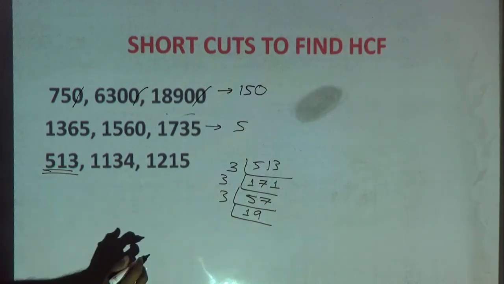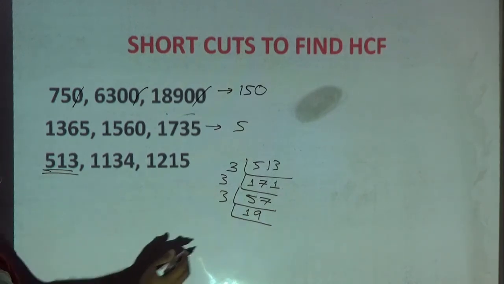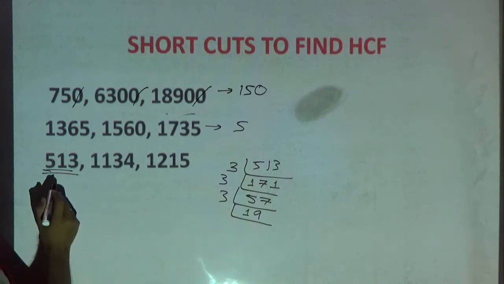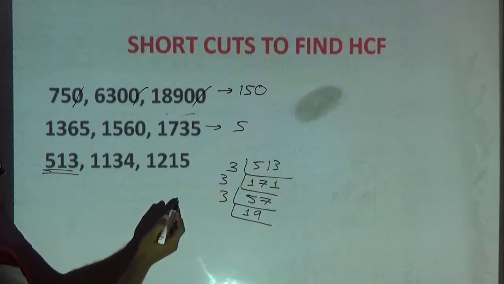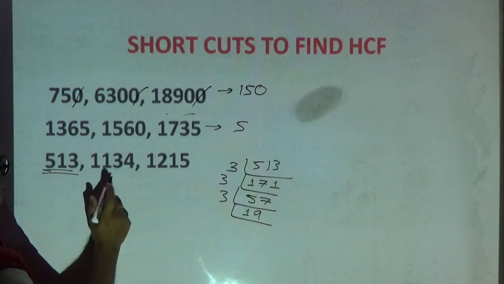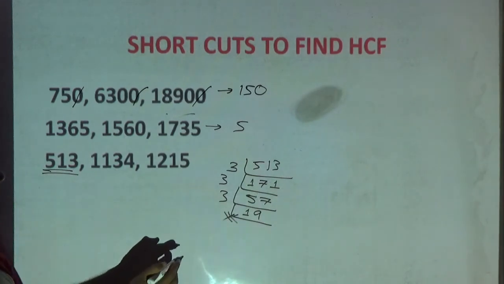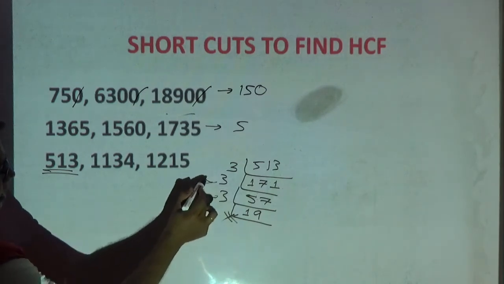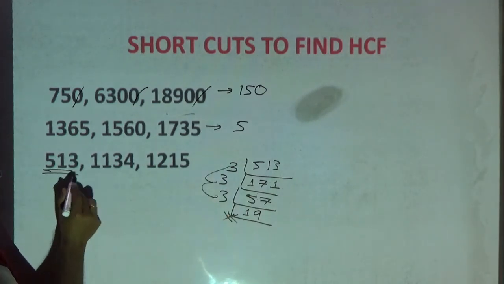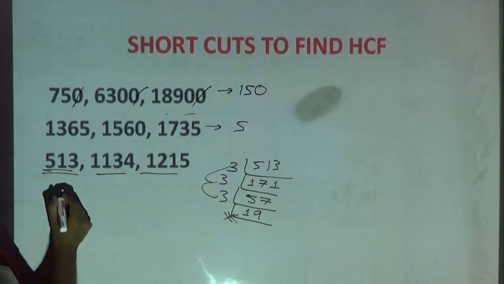Okay. Now please observe here. 19 is a prime number. Whether you can divide by 19. Okay, let me check now with 19. Yes, this is not divisible. From 19 I cannot divide. Then 3 threes are 9. 9 threes are 27. Whether you can divide these numbers by 27, you check.